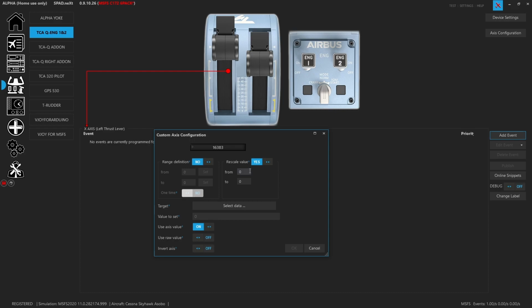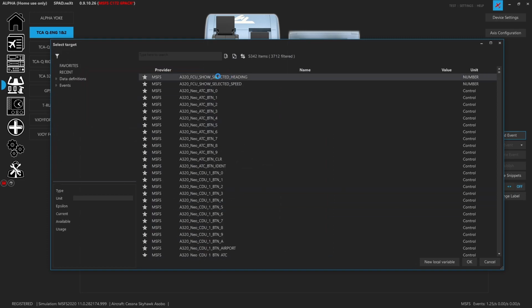All axes in Microsoft Flight Sim have a range of 16,383 at the top to minus 16,383 at the bottom. And so this is where you can use a range and then a rescale to pack multiple settings. The other reason why you end up having to use the custom axes sometimes is that, even when we don't need a rescale or a range definition, I need this because when we look at the throttle,